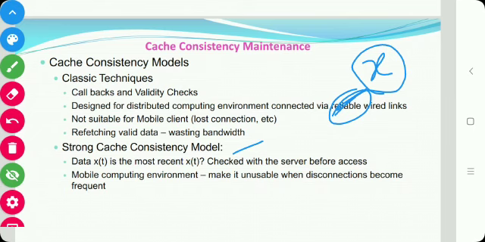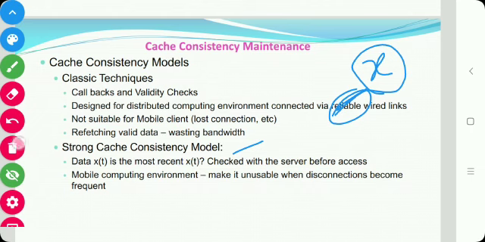Okay, so in the implementation of this strong cache consistency protocol, for example in NFS, if the remote server is inaccessible for the consultation, validation or check, or the connection between the client and the server is down, or the server itself is down, then the cache access to X just waits until the server becomes accessible.